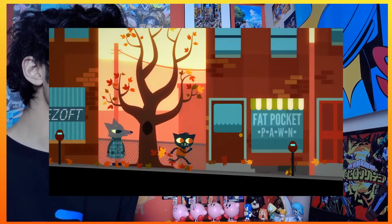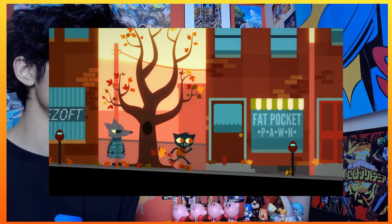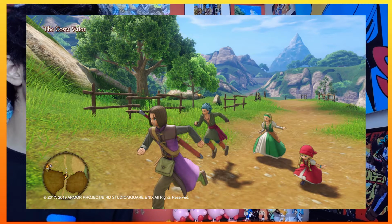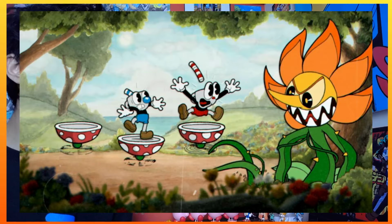Now I just want to talk about some games I think have really unique styles but couldn't pin down to any one category. Night in the Woods has a visual style of a Nick Jr. show with characters of a teen drama, except much better than a teen drama. Dragon Quest XI's world feels familiar yet fresh, and Square did an excellent job of translating Akira Toriyama's style to 3D. Cuphead embodies the identity of old-timey cartoons and retro games so well that nothing even comes close to it